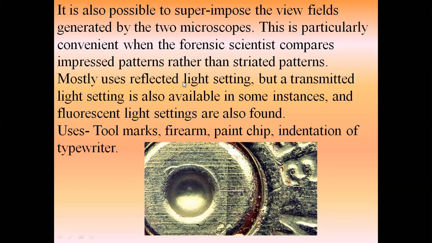Mostly a reflected light setting is used, but a transmitted light setting is also available in some instances, and fluorescence light settings are also found. Okay, so if you go for a high-end comparison microscope, you can get the features of transmitted light also. Okay, the use is to identify tool marks, firearms, paint chips, identification of typewriters. Okay, the time is running out, so I will end my